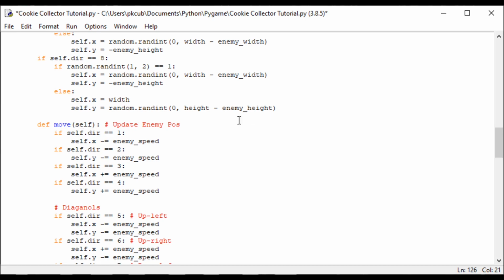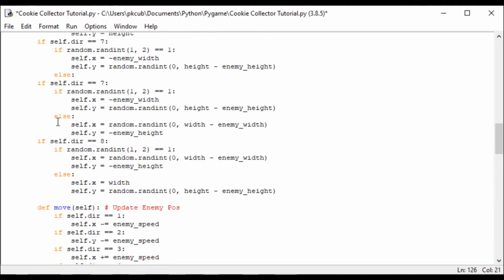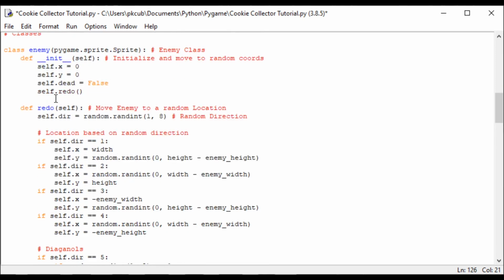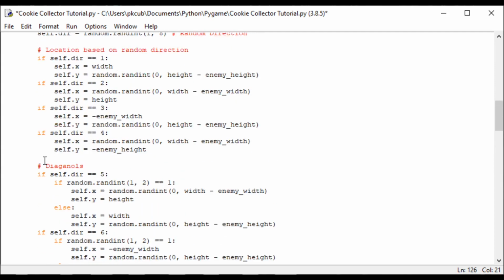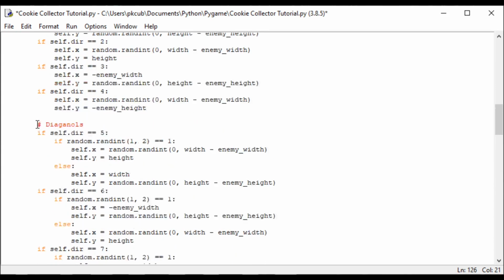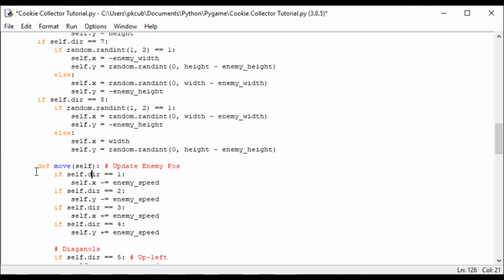So let's check. Is there an error near this area? I don't think so. Did we forget anything? Move. This one looks fine to me. Define. Oh, I know what we did. It's not on the right line. You can see that it's on the same line as this if statement. So all we need to do is move it back a bit, and then we'll have to move all of